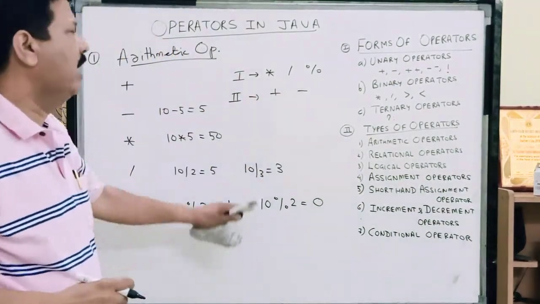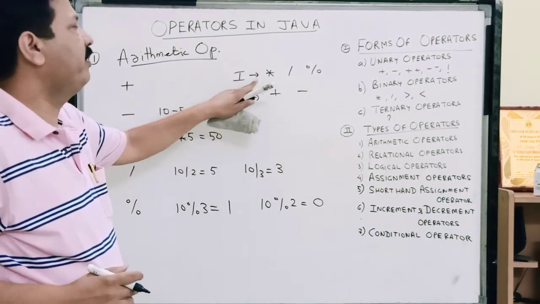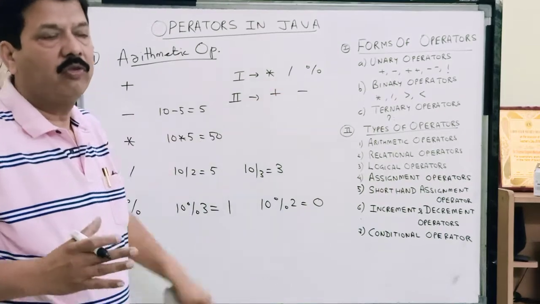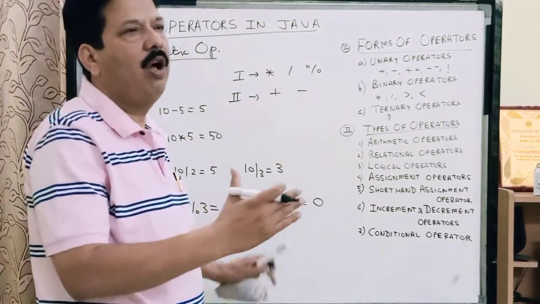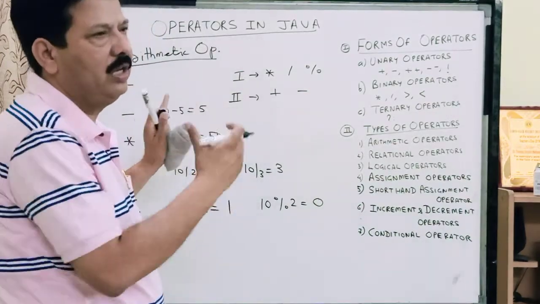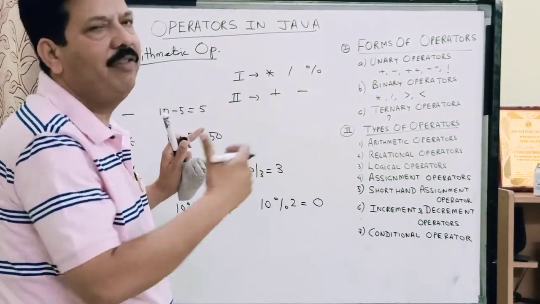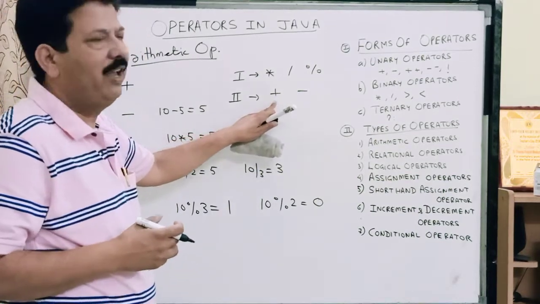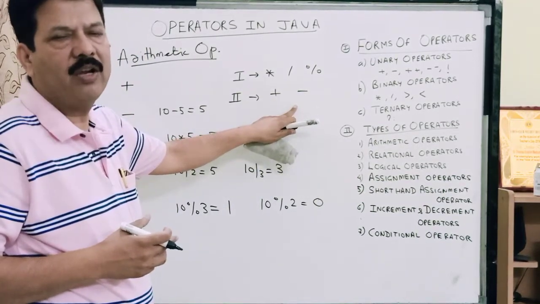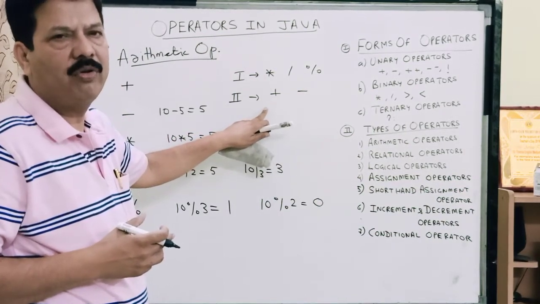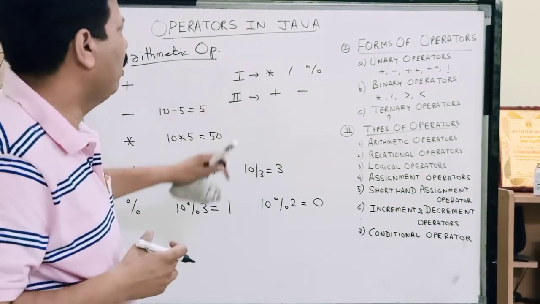Now children, you will say that first is multiplication also, division also, modulus also. So we are following the rule from left to right. If we have multiplication in the left position and then the division, multiplication will be performed first. In the same way, plus and minus, if both occur in the same expression, will be evaluated from left to right. So this is the order of precedence.